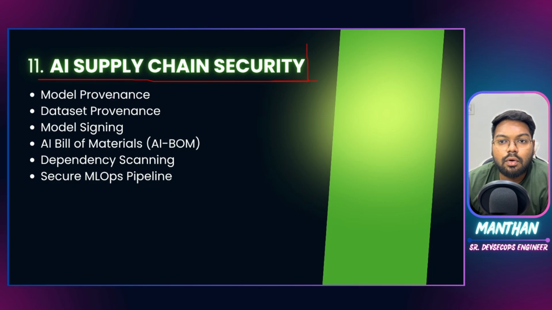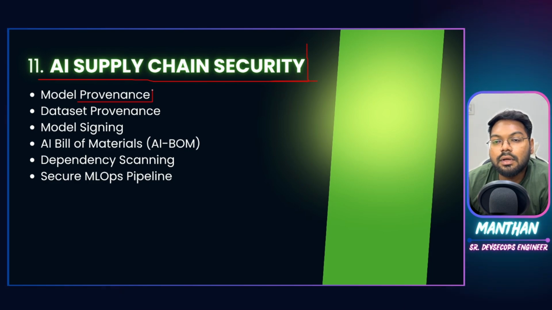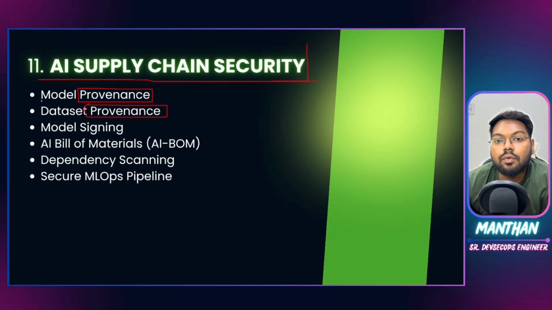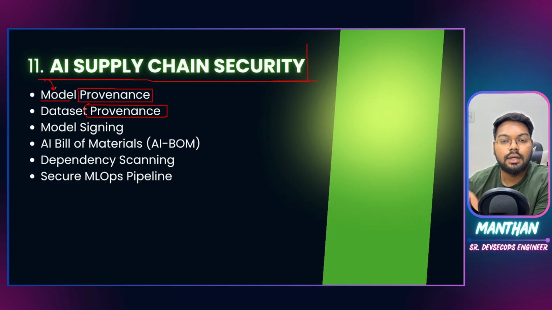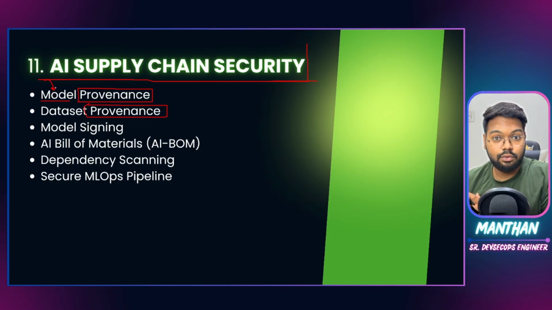Model provenance, dataset provenance. Provenance is keeping a record of how something originated, and the source or the history of that particular thing. So how your model was built, what things were used to build it. Is there a list of it? Is there a list of changes of this model, how it has changed over a period of time? Keeping a record of the history of how this model has come to this point is what is called provenance. The same goes for datasets: how the data has been collected, where it has been gathered from, how it is sanitized, how it is cleaned, how it is then fed to these models.